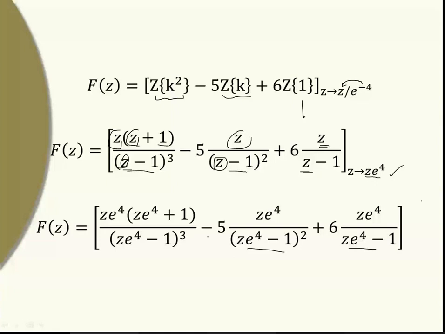So what we have done, firstly we found the z transform of 1 by using the definition of z transform. Then we used the multiplication by k property, then the multiplication by k property one more time. And after that, we used the a raised to k into f of k property. And then using that property, we get the z transform of the given function. If we have constant terms, we can keep them outside, and summation or subtraction can be separated. So by that we can get the z transform. So properly use the formulas and the properties to get the answer.